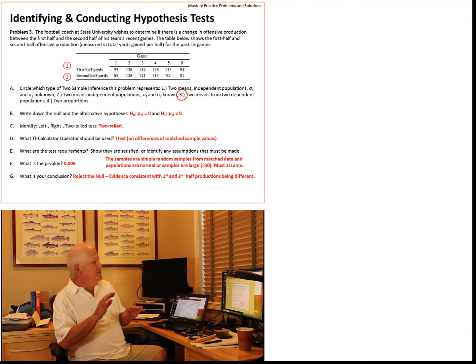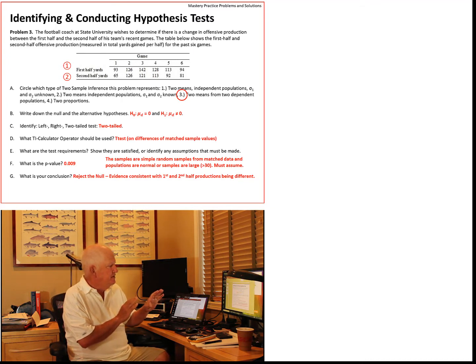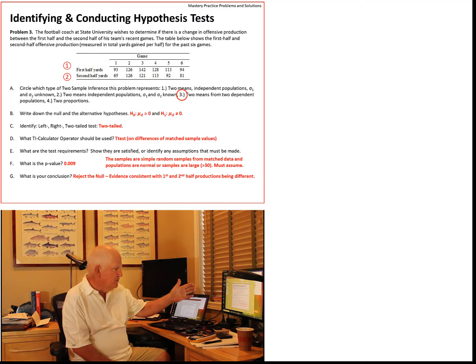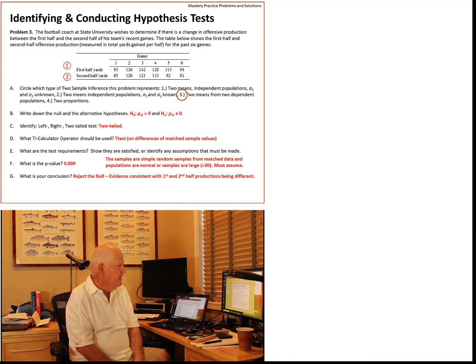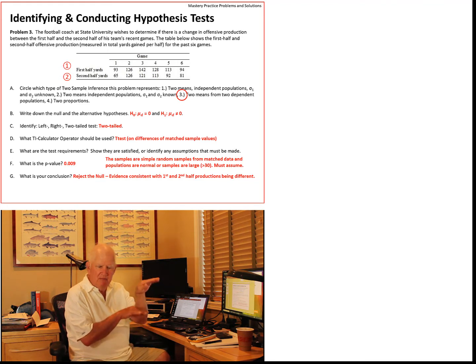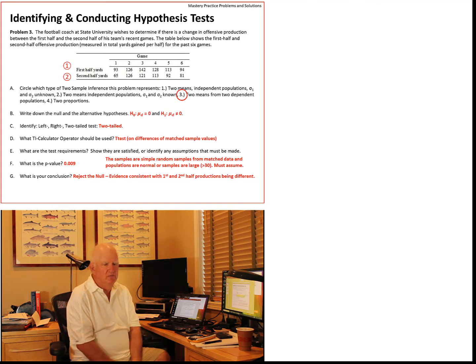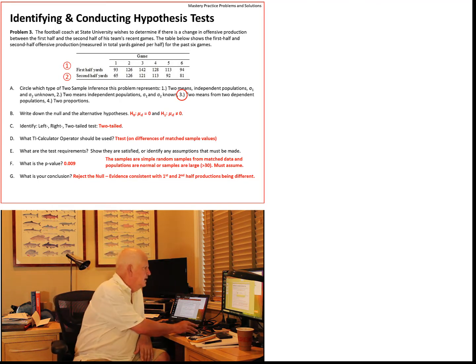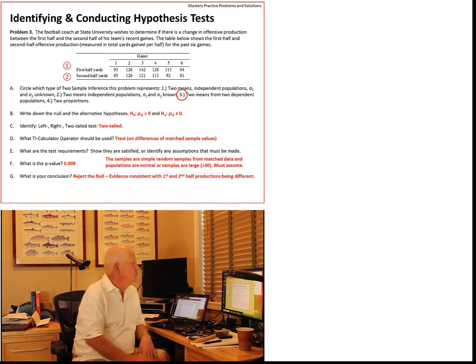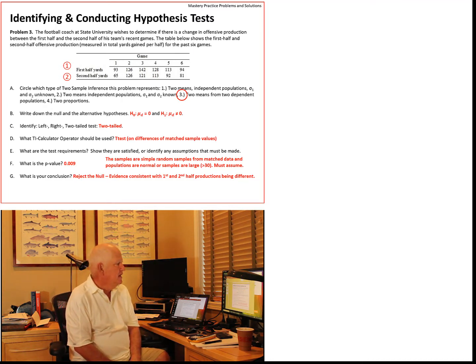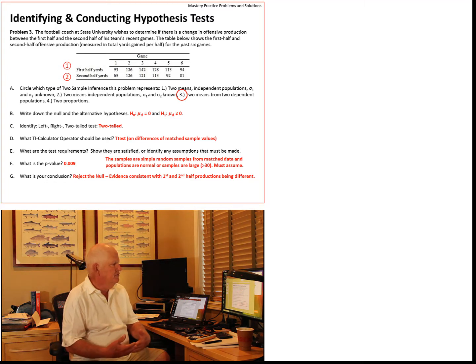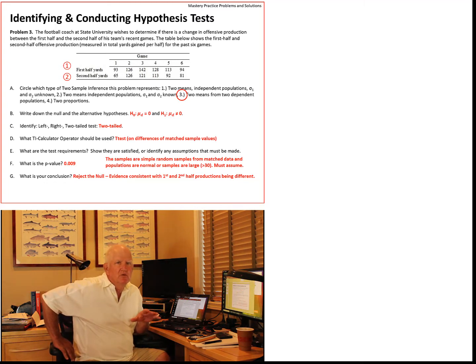So what's different now is that this data is paired in this sense. If you look, for instance, in the first column, you've got 93 yards in the first half, 65 in the second half. What pairs them is it's the same team, same game, first half, second half. In that sense, there's a relationship between these two bits of data, and we're going to treat things a little differently because in these cases, when we're dealing with